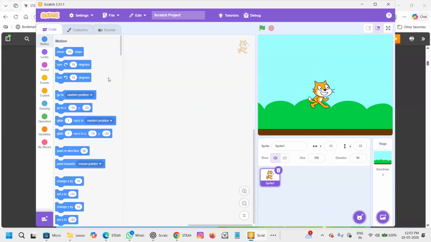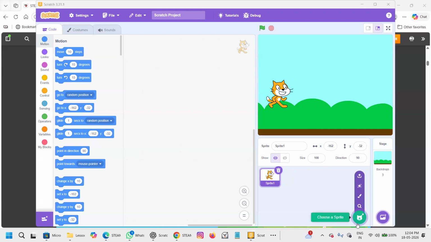Okay. Let me see, I can add another sprite. I want the cat playing with the ball. So I will choose, you can see the cat picture over here. Yes, we are going to do animation little by little, step by step. First, let us understand the parts of Scratch, and then we'll do animation.